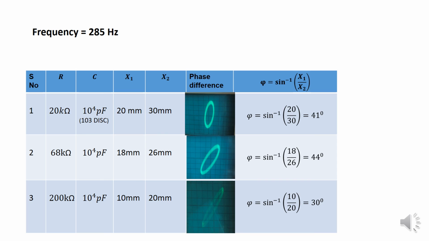If you calculate the phase difference, meaning the ratio of these two, these two, we are not taking the average. The reason is different types of options are there, right? Because it is 20, 68, 200, so all these are different. So we are not taking the average. So different types of phase differences you can introduce by picking the resistance and capacitance. If you take all the readings with the same resistance and same capacitance, then you can take the average. Otherwise, we can't take the average. This was the phase difference.